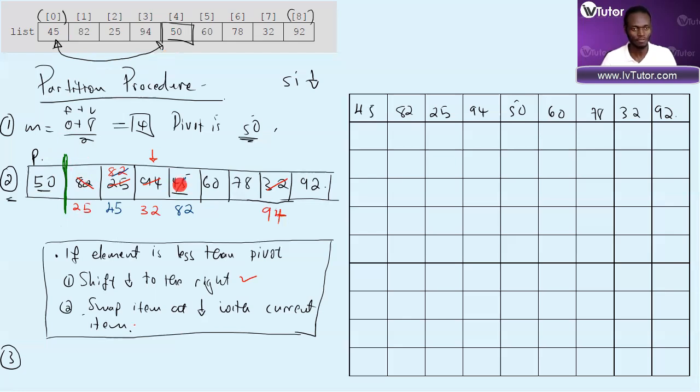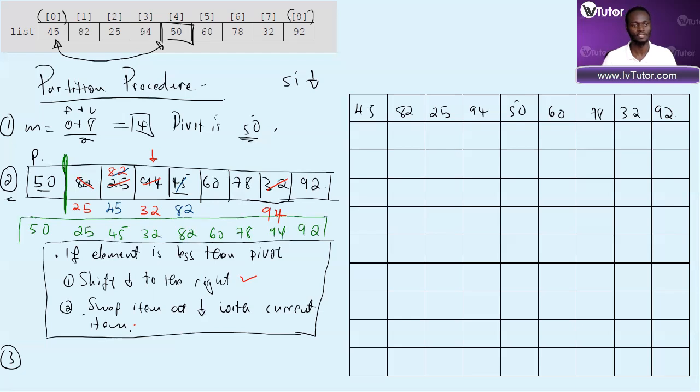Once we are done, if I rewrite this whole collection here, it now looks like this. We've got 50 here, 25 here, 45 here, 32 here, 82 here, 60, 78, 94, 92. This is what it looks like